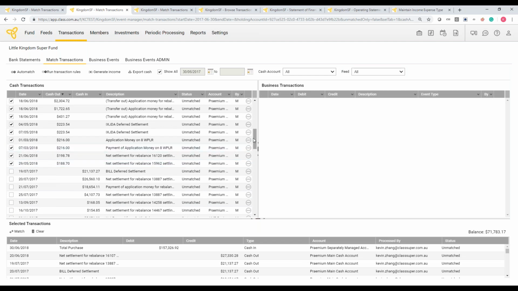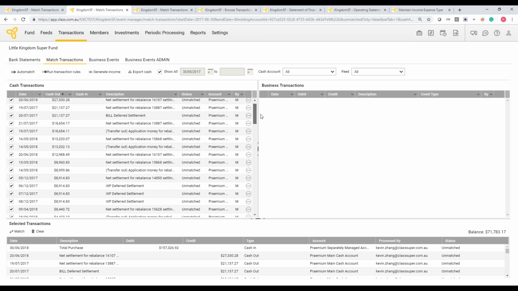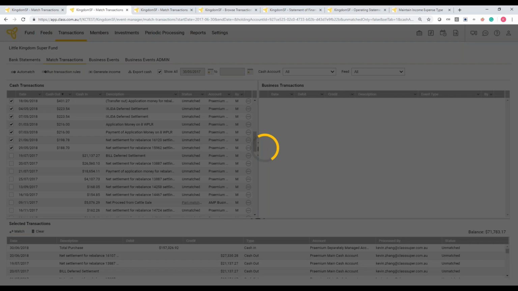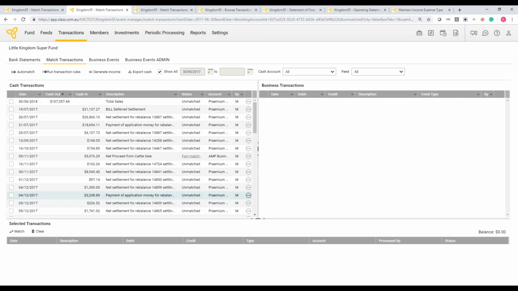So that looks okay. So I'll match that. Okay. Then my total sales will tend to be the net settlement. So this is rebalancing. So when you sell the investment for rebalancing purposes, let's select that